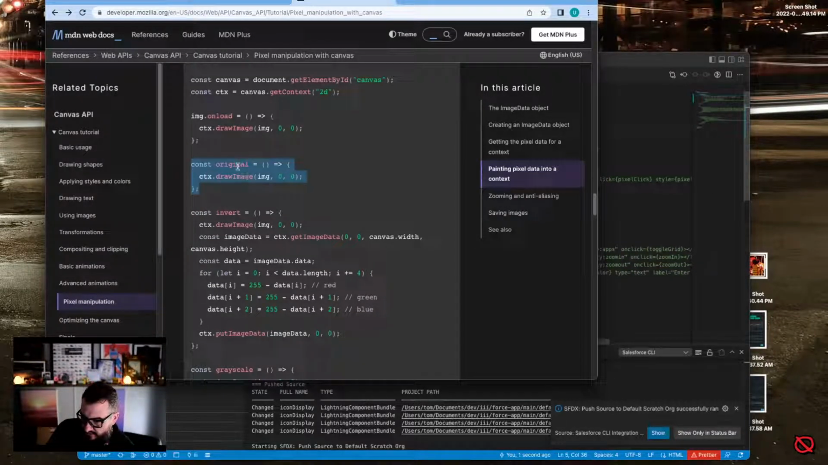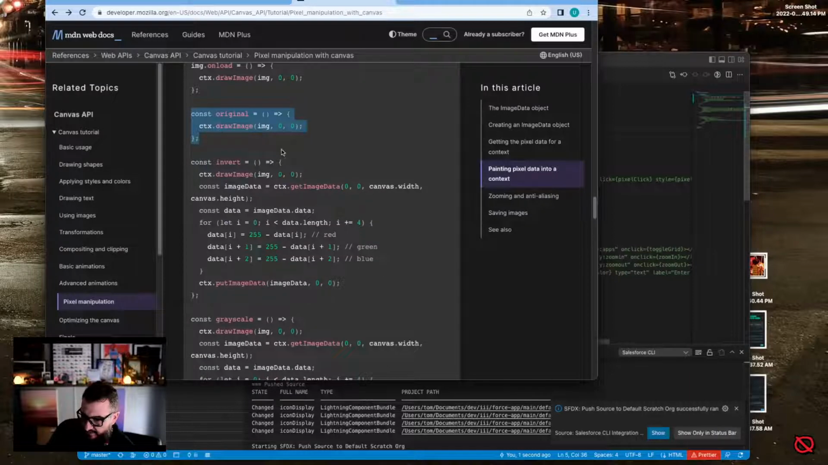Original. Maintain that. Yep. Okay. Invert. Draws the image. And then imageData equals getImageData, from 0 to get the whole thing. Right. Data equals the data. Now,